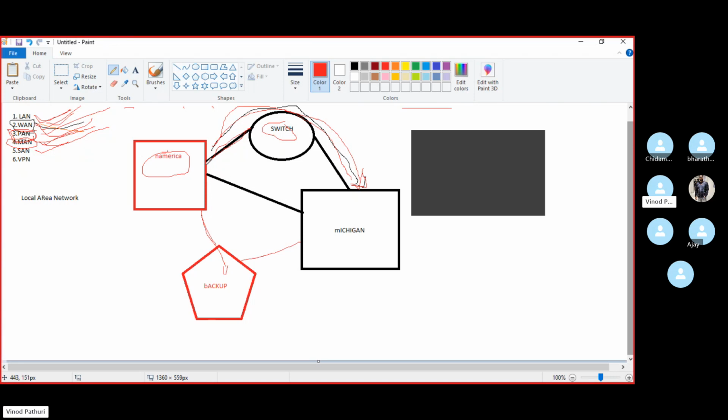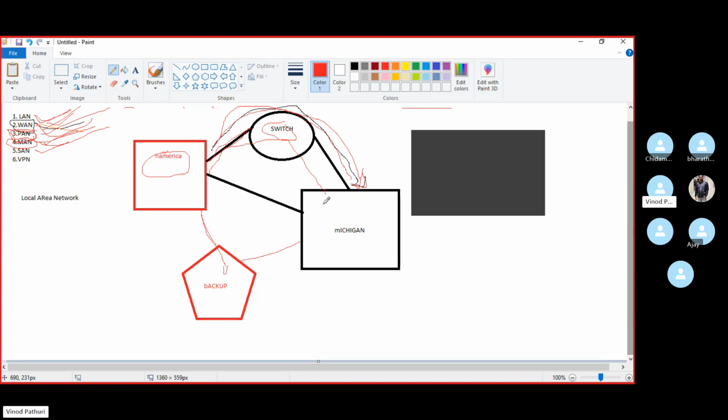If you use your regular network here, it may cause some interruptions, because backup is a very large amount of data transfer. On our PC maybe it's 500 GB or 1 TB, but nowadays it's in terabytes, maybe 100 terabytes, 200. I don't know the exact number; it depends on the organization. But every day they will take a backup of everything because we need to provide redundancy to our customers.